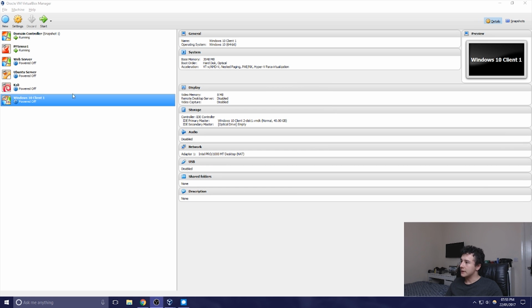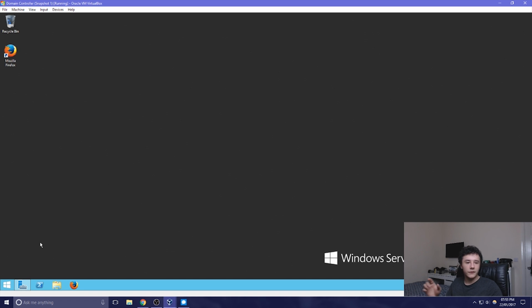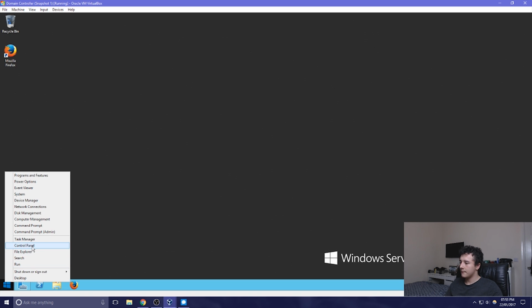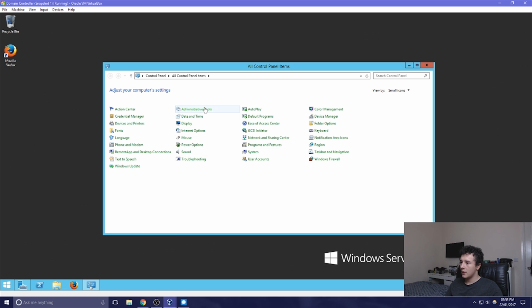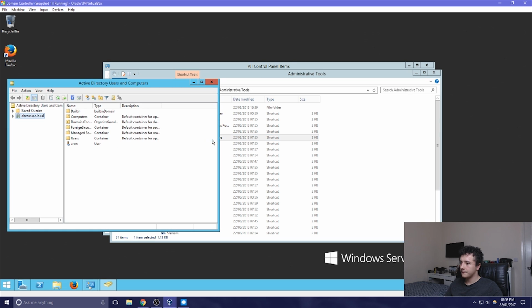So now that's imported. Before we do anything else, we do need to go over to the domain controller, and we need to add another user for our new Windows 10 client because it won't let us run anything as admin. So if we right click here, go to Control Panel, click Administrative Tools, and then we need to go to Active Directory Users and Computers, and then we need to make sure the demsec.local is highlighted, and then we click this here